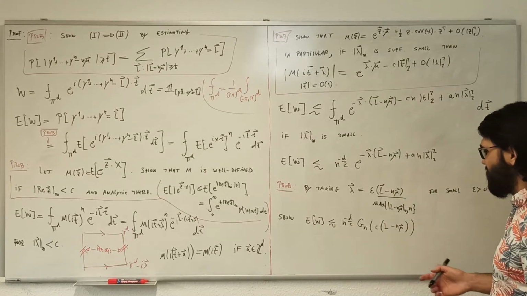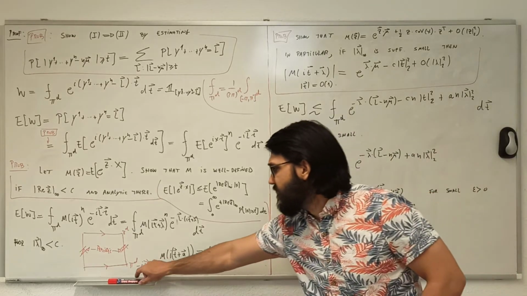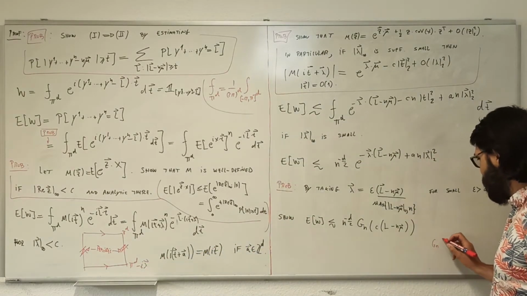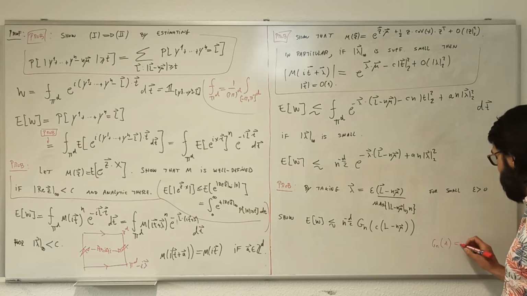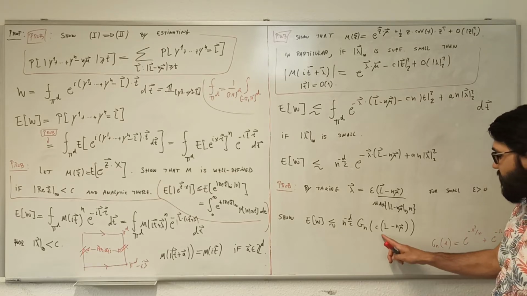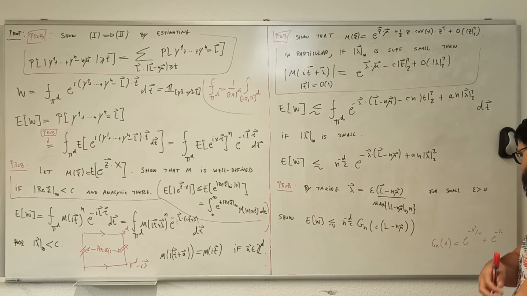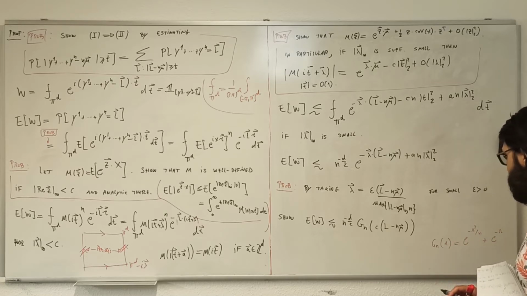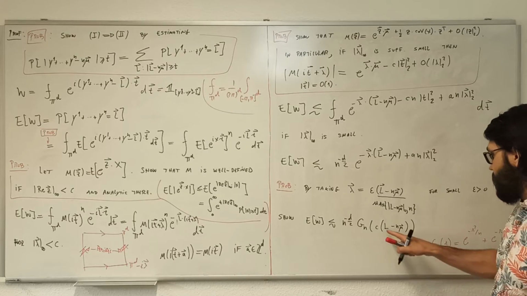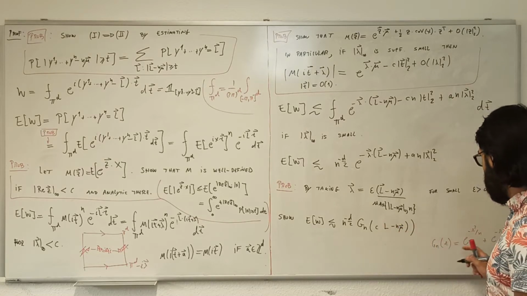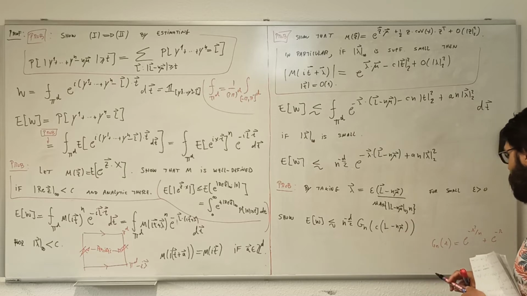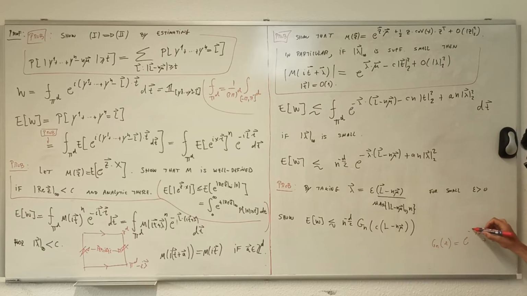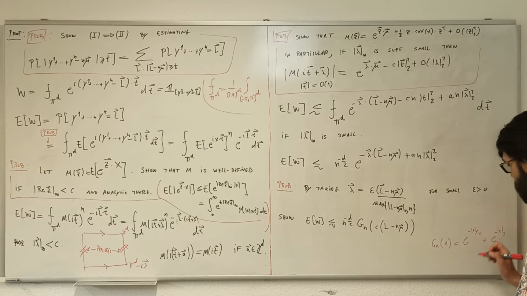So I guess it would be better if we define Gn just for real variables. Really, Gn of r is just e to the minus r squared over n plus e to the minus r. And whenever I use it, I put a moduli anyway. I think that would be better. But in any case, the way I define it, I'm taking norm 2 anyway, so I define it by taking norm 2 here and norm 2 here. So then